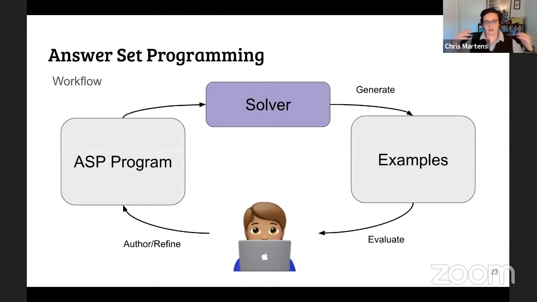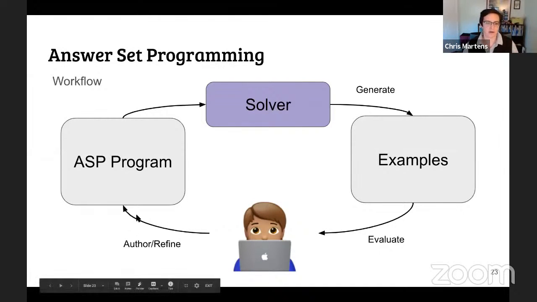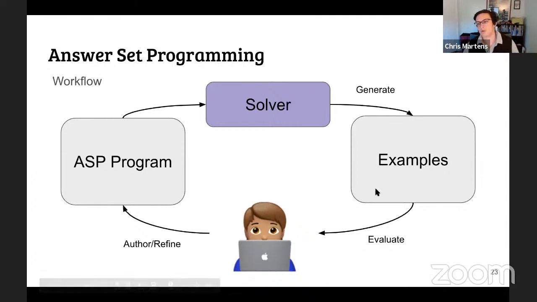essentially, I think of this as kind of an extension of a co-creative or mixed initiative programming process to an extent. So you author your ASP program, you run it through your solver, you get a bunch of examples, and then you evaluate them somehow, either by taking these big walls of text of predicates, answer sets in predicate form, and running them through some kind of rendering tool to see what the space of things is that you've generated, and then based on that you can look at the examples and say like,